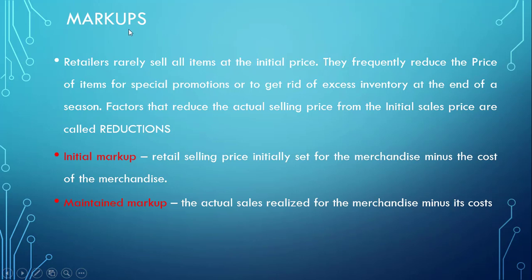So when you say markups, we have two types of markups: initial markup and maintained markup. When you say initial markup, it is the retail price initially set for the merchandise minus the cost of merchandise. But when you say maintained markup, it is the actual sales that is realized by the retailer, because the retailers